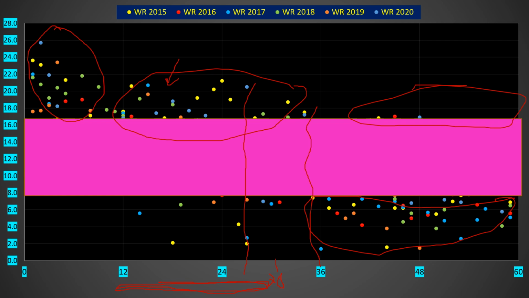Where am I putting my research time? I want some of these. I don't want to be in this pile. I'll find some that will get me average in here. So I'm managing my weakness in here. I'm trying to soar with my strengths out here, 12 to maybe 30th pick. Okay. So I'm trying to soar and find and do my research in that range right there.